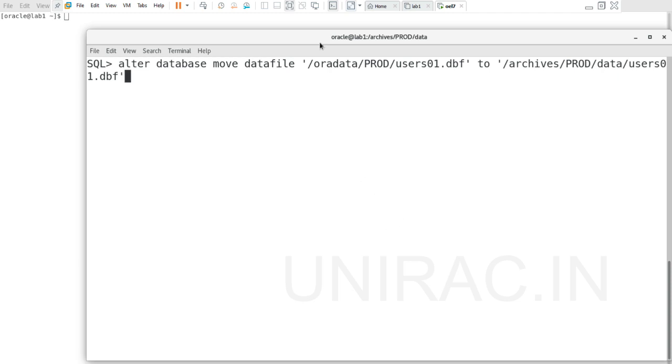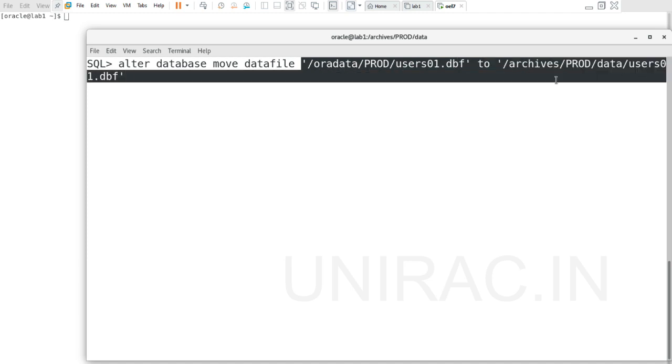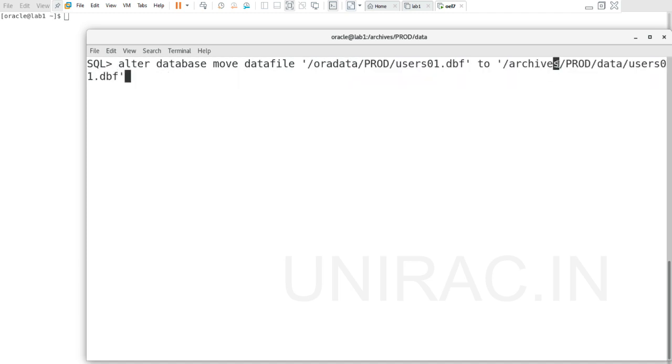So now the source and target locations are correct. We have added the s. Enclose with a semicolon and execute the command.